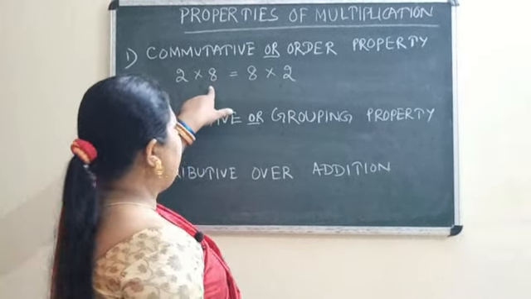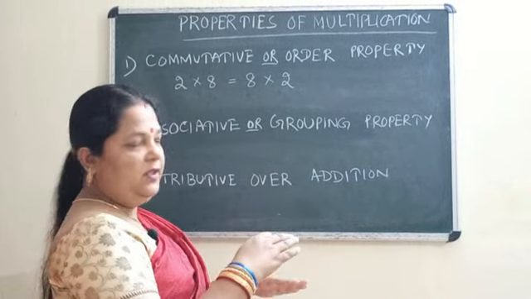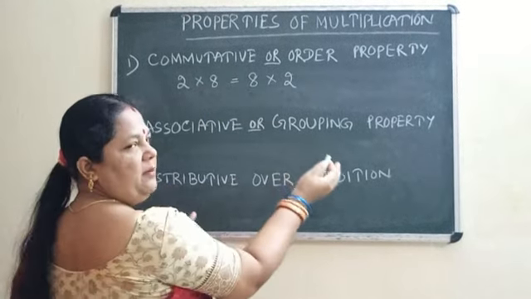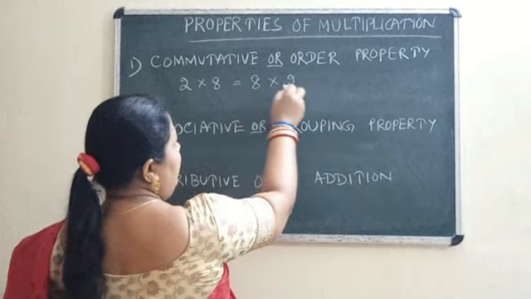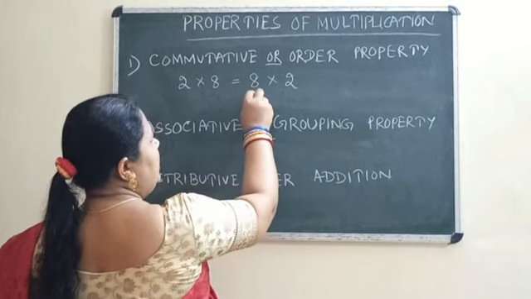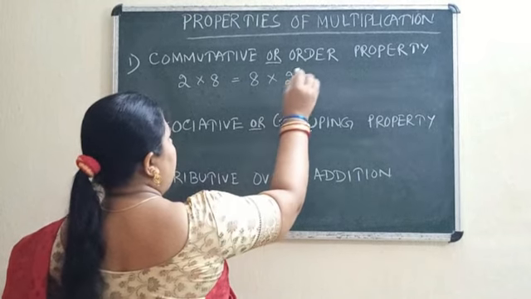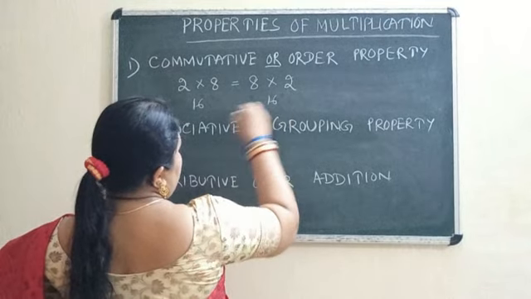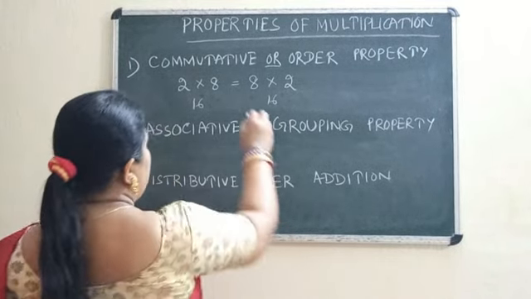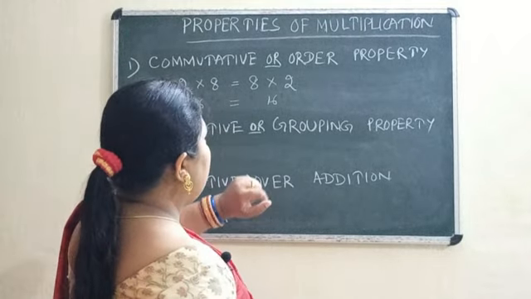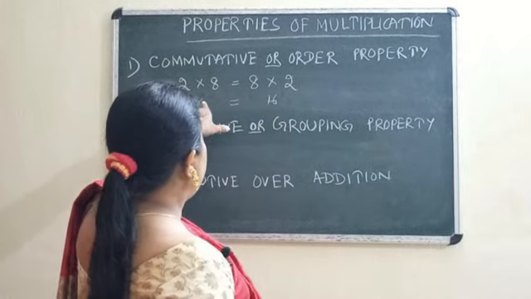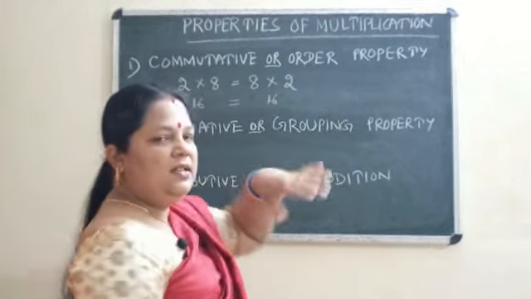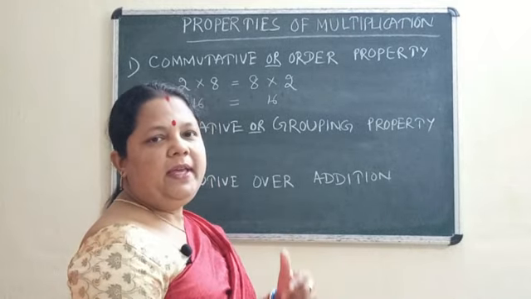But whatever you do, you can change the order. This is first, this is second we have taken, but here we have changed their places. We have taken 8 in first place, 2 in second place. Here we can say 8 is multiplicand, 2 is multiplier. But 2 8s are how much? Answer is 16. 8 2s are how much? Here also the answer is 16. So what property are we following? We are saying that if we change the order, no doubt the answer will be the same. The product will remain unchanged.